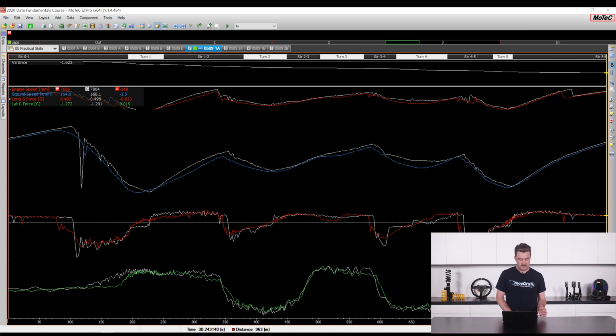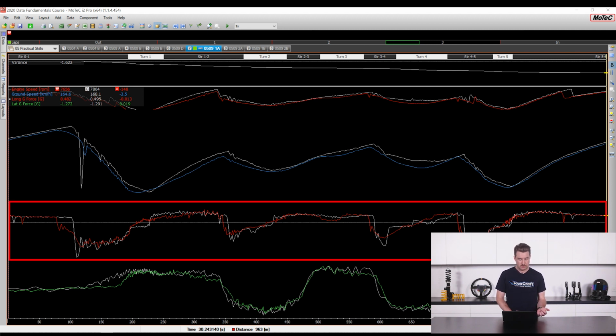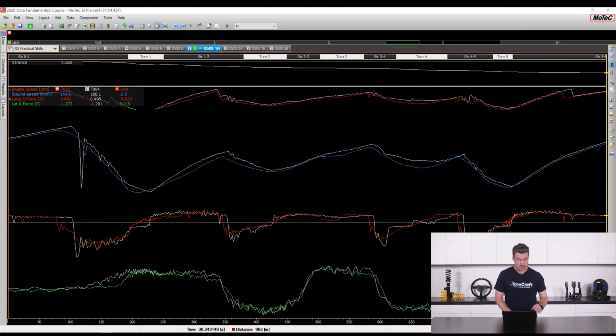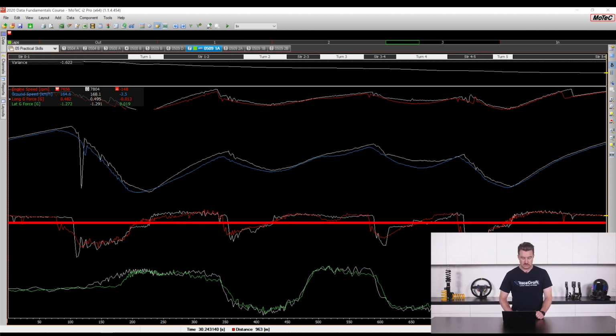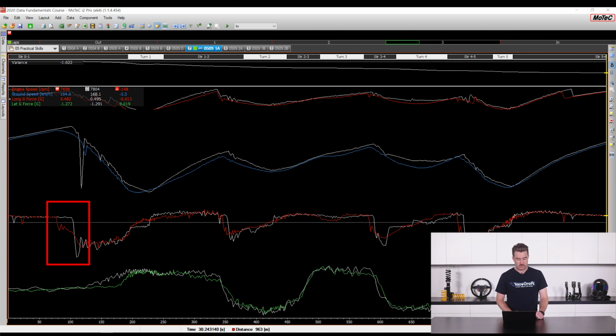Looking through here, the first thing, if I look at the longitudinal G-force, we can see here that the amateur driver is braking much quicker because we can see that this dotted line here is a reference 0 line. So that's 0 longitudinal G-force. So we can see it's dropping off a lot earlier while the pro is still accelerating. The amateur is dropping off here and starting to brake much earlier.